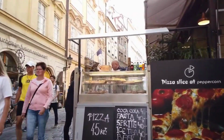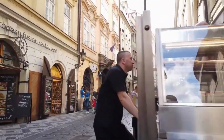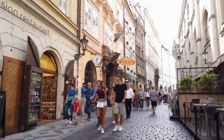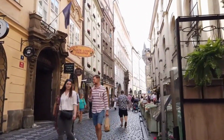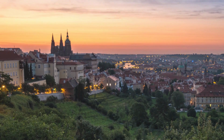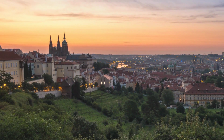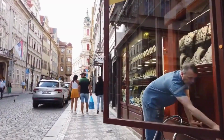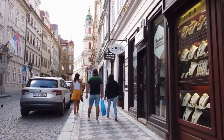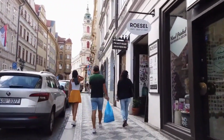Get ready for a jaw-dropping ride through one of Europe's most underrated gems. Imagine a landlocked country that feels like you've stepped straight into a fairy tale, complete with medieval castles, quirky traditions, and a dash of modern edge. Sounds like a daydream, right? Well, buckle up because we're about to reveal the top 10 reasons the Czech Republic should be on your must-visit